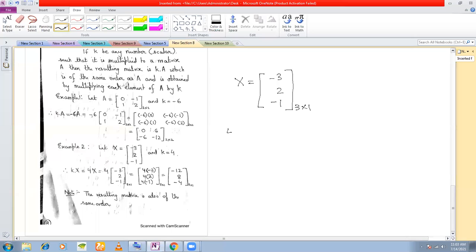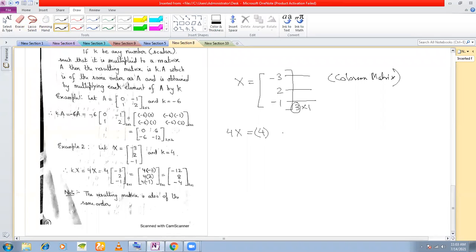So I want to find out 4X. Sir, can we say it is 1 by 3? No, you cannot say 1 by 3. The number of rows you have to write first. How many rows? 3 rows. So you cannot say 1 by 3. 1 by 3 will be this kind of matrix. Understood? This is a 1 by 3 matrix. They are different. Okay, this matrix is sometimes referred to as a column matrix because it has only one column. Okay, you can remember this.